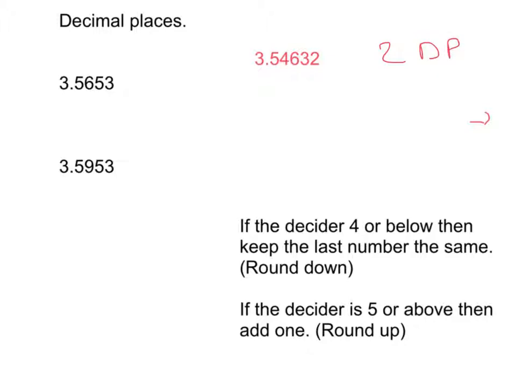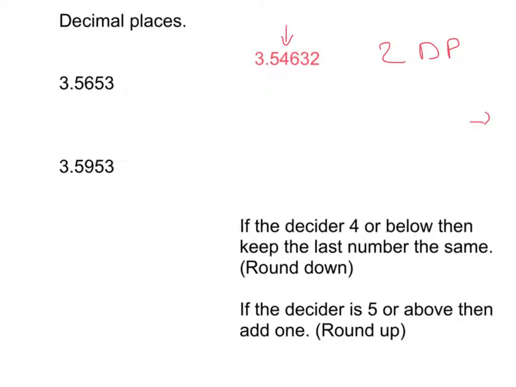So what does that mean? How do we do this? Right, so the first thing we need to do is count from the decimal point 2 figures to the right every time. Okay, now the 4 is the last position we're going to write down. It might change depending on the rules and the decider, but we're going to look at that in a minute. So remember, that's the last thing you will write down once you've made your decision. So I'm going to put a little arrow to that